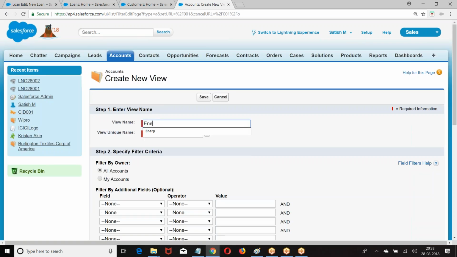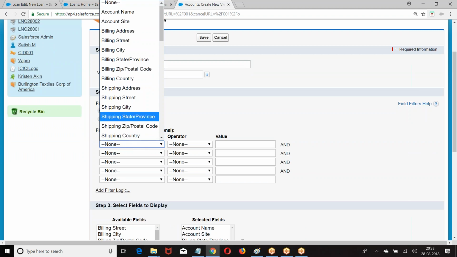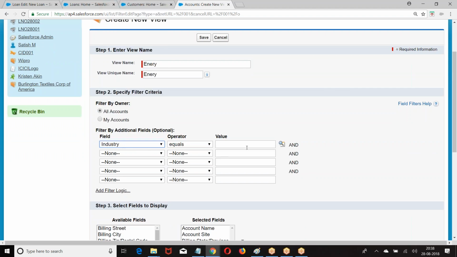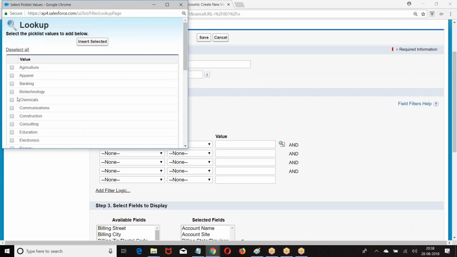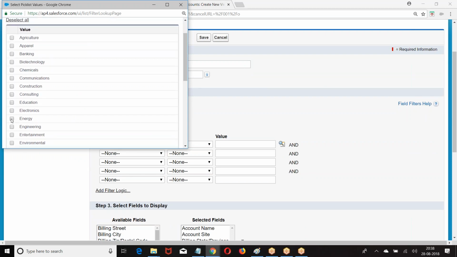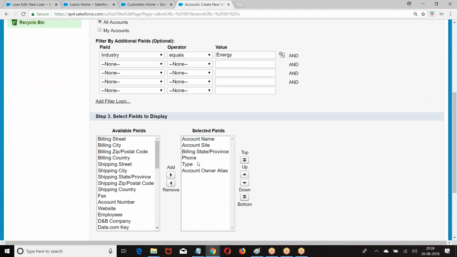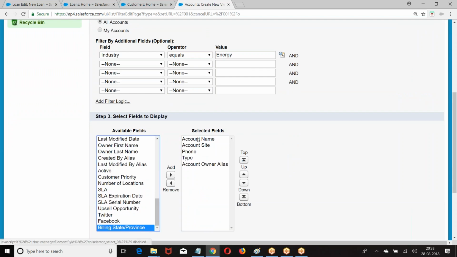I have a condition where industry equals energy. So what happened? Only those records whose industry is energy will be displayed here.